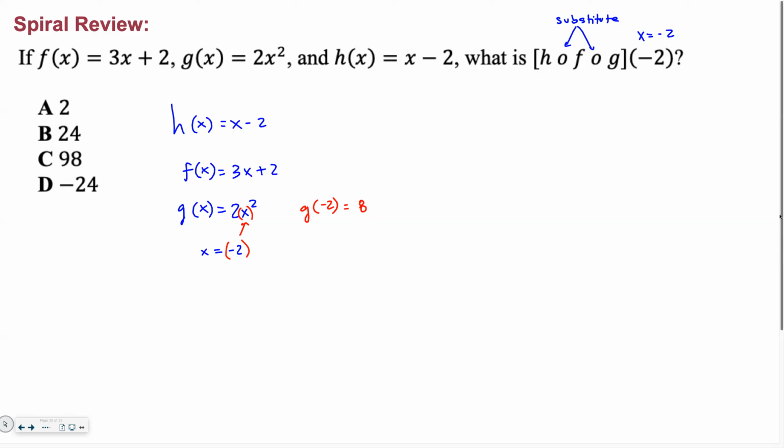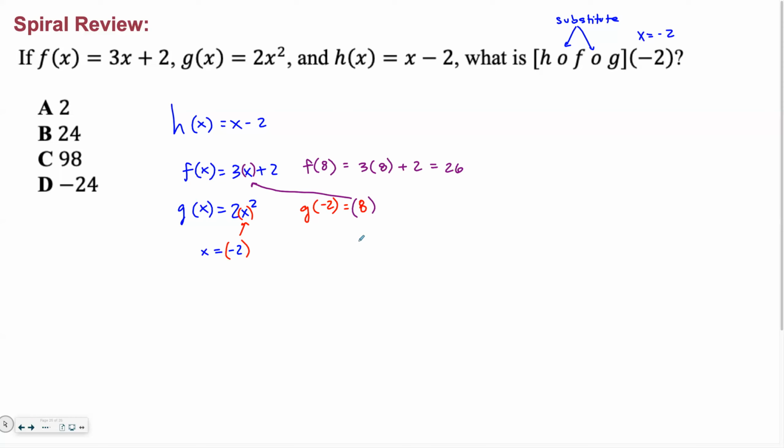Well, so how does it work when you have this composition of functions? Well, you now take this range value of 8, and you're going to plug that into f of x right here. So this x is going to get replaced by 8. So now what I'm finding is f of 8. So I'm no longer finding -2. The -2 produced a value of 8. I'm now finding f of 8. And so this would be 3 times 8. 3 times 8 is 24. And I'd add 2 more, and I would get